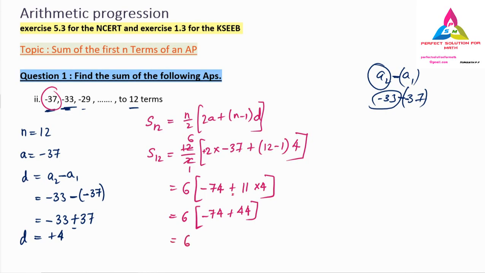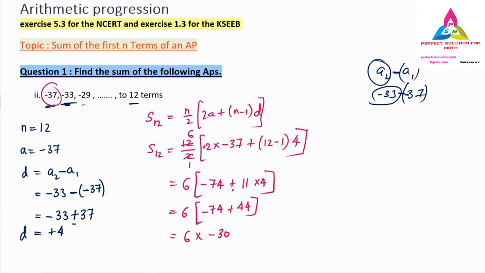What is the last thing we can do over here? The bracket means into, so minus 74 plus 44. The greatest number has the negative symbol, so negative. 74 and 44 do not have the same symbol; one is negative and one is positive. In that case we subtract the smallest number from the greatest, so 74 minus 44, which is 30.